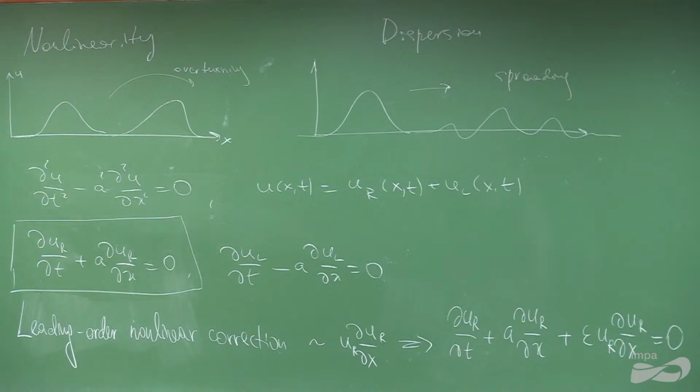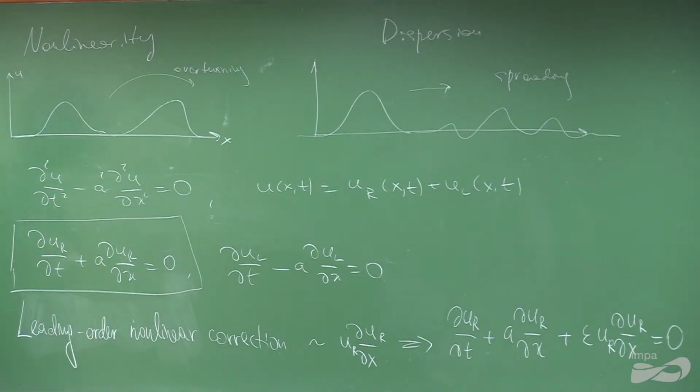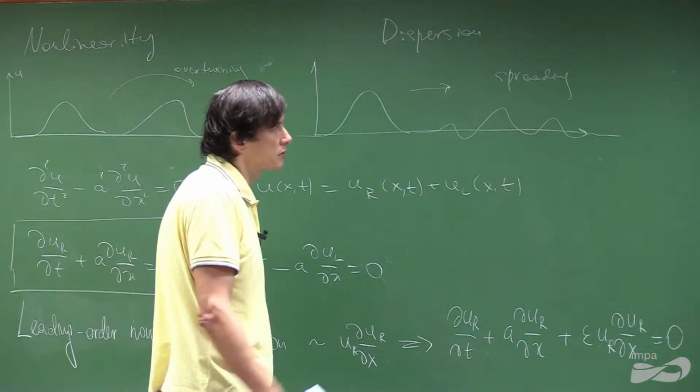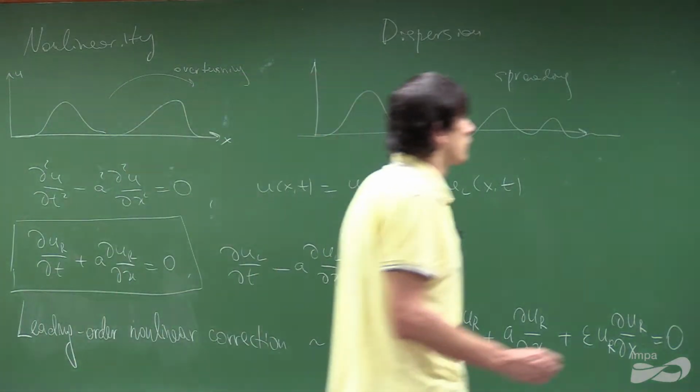If the wave is very long but not infinitely long, then, since we already have first order derivatives, we need to put in higher order derivatives. So our first guess would be second order derivatives. Right, all first order derivatives are already here, so we can add a second order derivative or third order derivative and so on. So first is to show why second order derivatives are forbidden, and for that let us remember